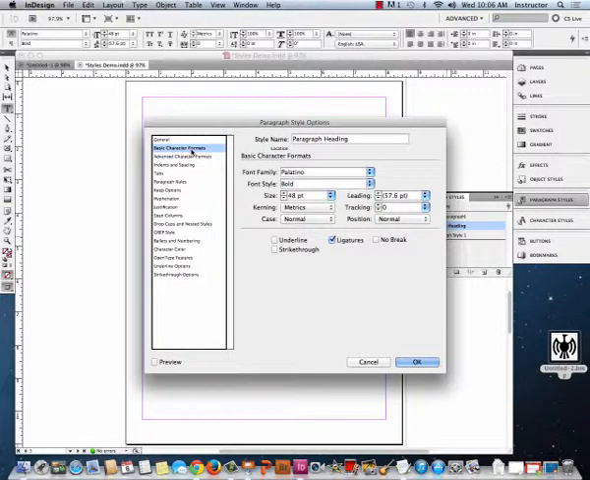A basic character, I'm going to change that 48. I'm going to bring it down to 14. Leave everything else the same. This is just for the demonstration. You choose what you want your paragraph styles in, like the type size or the font that you want to use. However, I want the paragraph heading to be a different font than the one that I've already selected